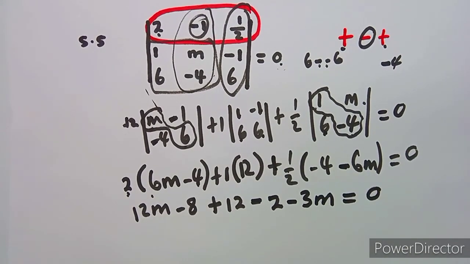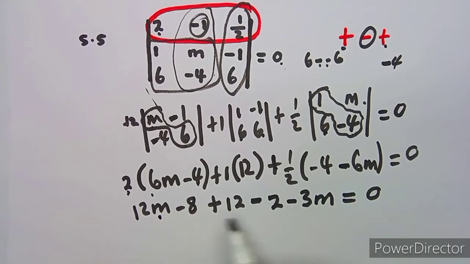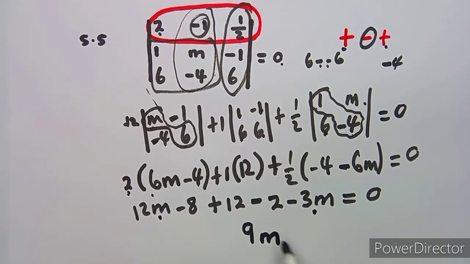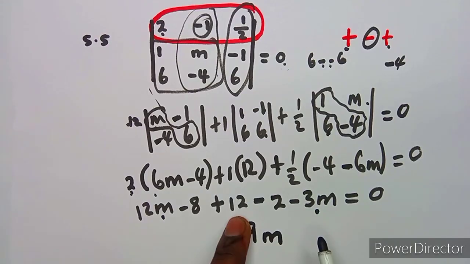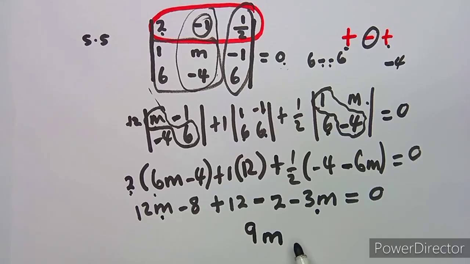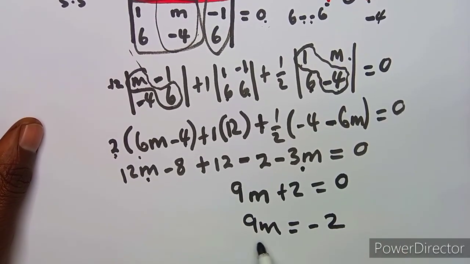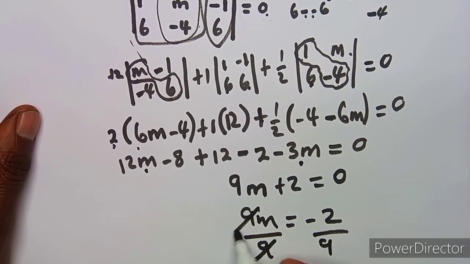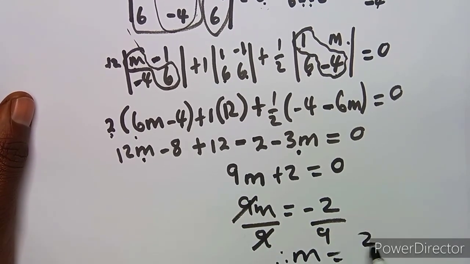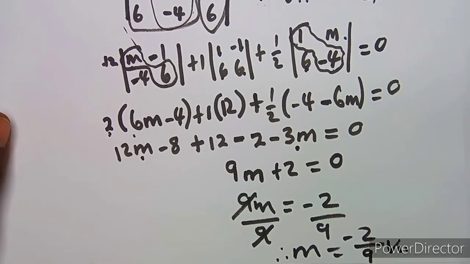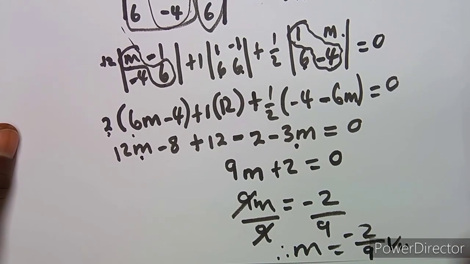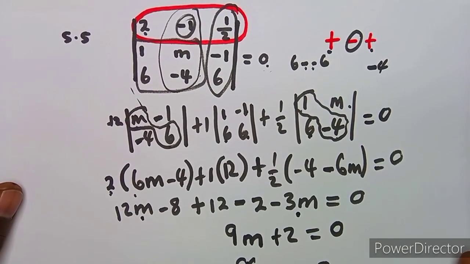All right, so it's now just a normal equation where we have to collect like terms. 12 minus 3, which is 9m, minus 8 plus 12 minus 2, which is actually going to give us 2. That's plus 2 there, which is going to give us a 0. Then 9m is equal to minus 2. Transpose, divide by 9. So definitely m will be equal to minus 2 over 9, which is what they needed there. So guys, as we can see,